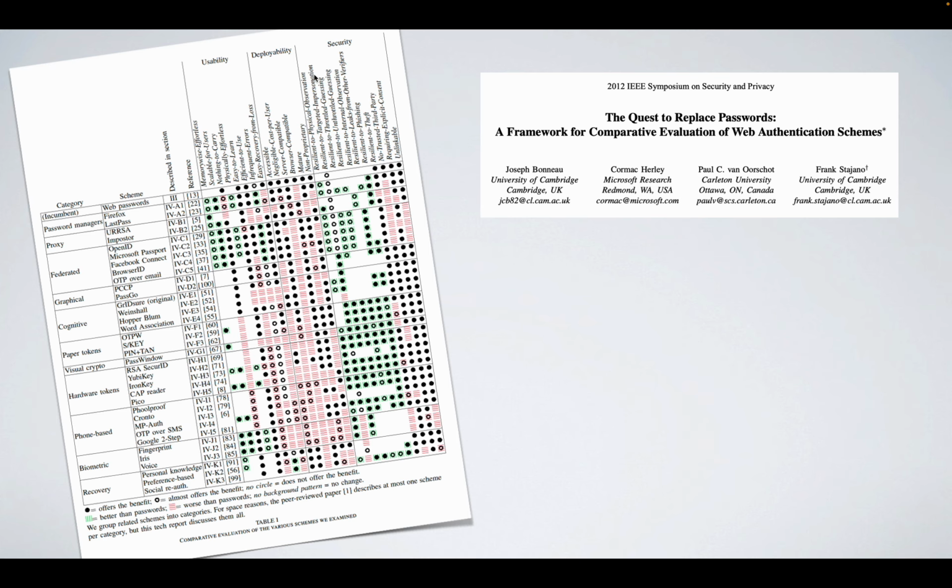Targeted impersonation would be like, can I guess your password if I know a lot about you? Or can I authenticate as you if I know a lot about you? Throttled and unthrottled guessing is what we called online and offline guessing. Internal observation is malware. So if there's some observation within the machine, internal to the machine, does it get leaked? Leaks from other verifiers would be like third parties, that kind of thing.